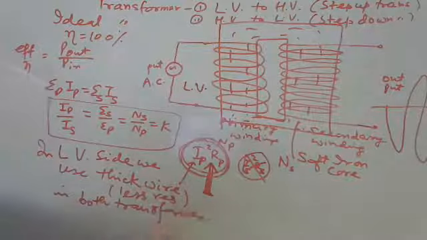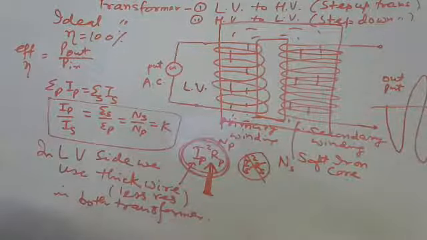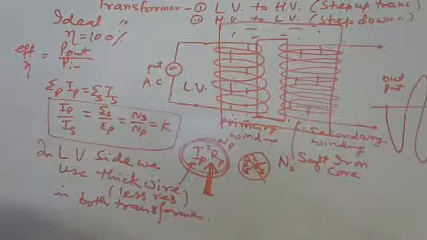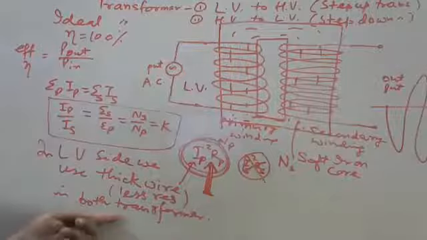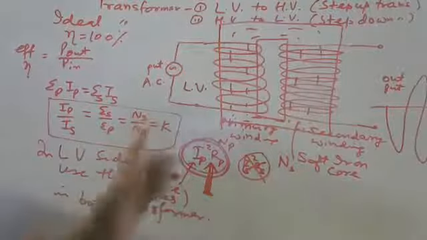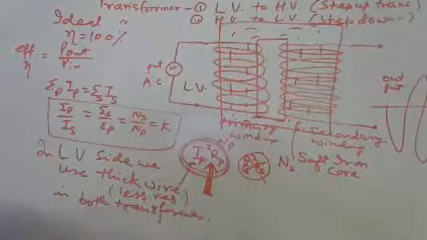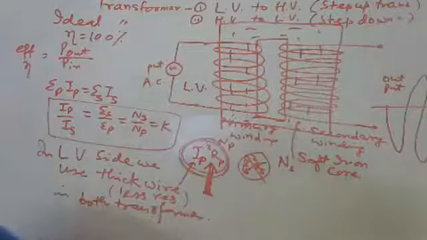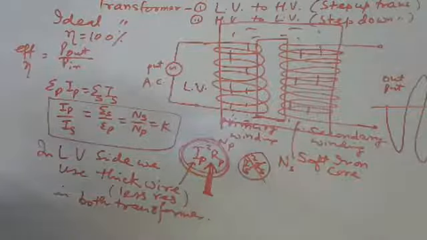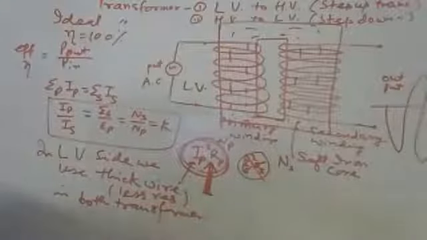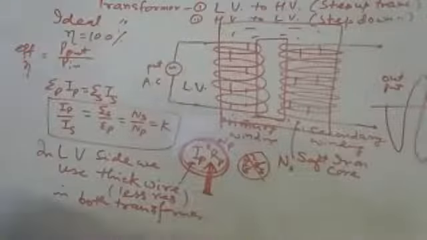Normally, it is the inner windings, so we cannot see the thickness of the wire, but if we open it, we can find the thick wire on the low voltage side always and thin wire on the high voltage side. Because on the high voltage side, the power is already less. We are not bothered about reducing the power.